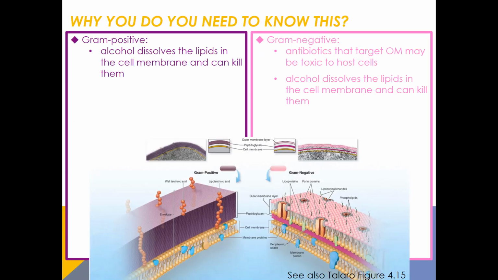Now here's some other things that are meaningful when we do a Gram stain. When we're talking about the cell membrane, alcohol can dissolve membranes, right? That's how we do a Gram stain, and we can also destroy microbes using alcohol. That's why we use rubbing alcohol to disinfect injection sites or skinned knees, because it can dissolve the lipids in the cell membrane and kill these cells, including Gram negatives.